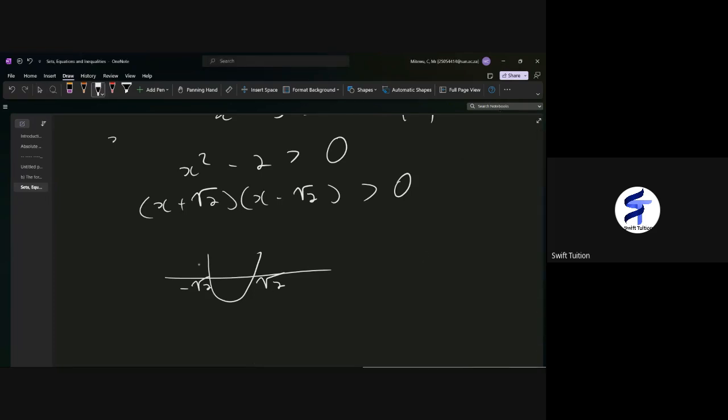So these are the roots, -√2 and +√2, right? And then again, we go back to the original expression. You're asking for when this parabola is above